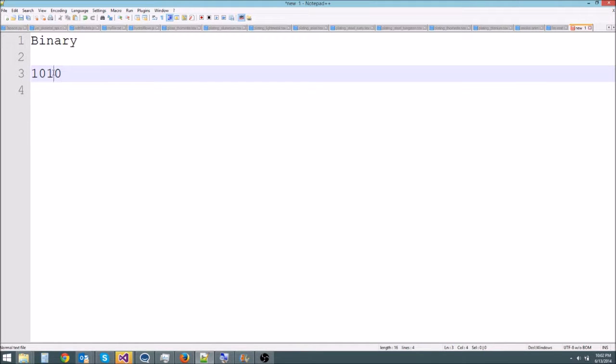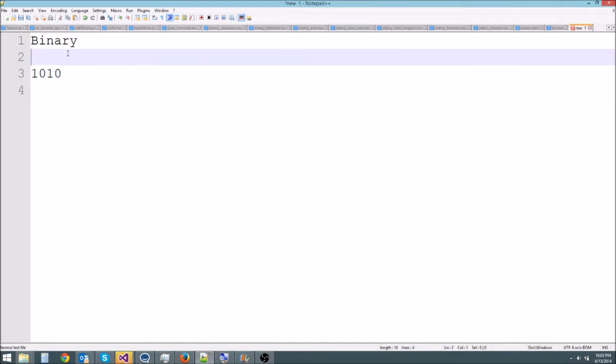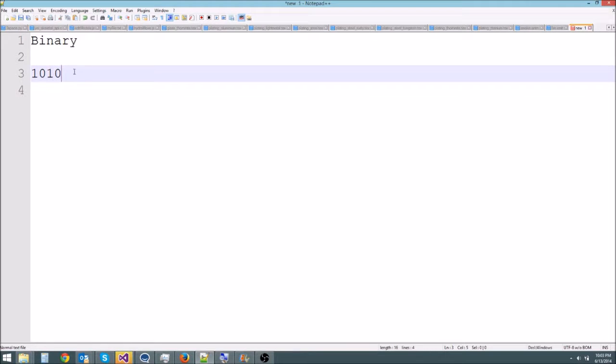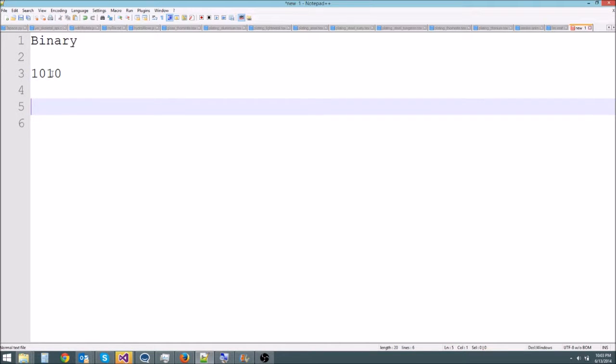This is the twos place, and the reason we call it the twos place is because this is a base 2 system. It goes by powers of 2. Normally we would go 1, 10, 100, 1,000. In this case, we go by powers of 2, which is 1, 2, 4, 8, and it keeps going. So let's go ahead and take this digit. It's going to be 1 times 2 to the power of 1, which is 2,